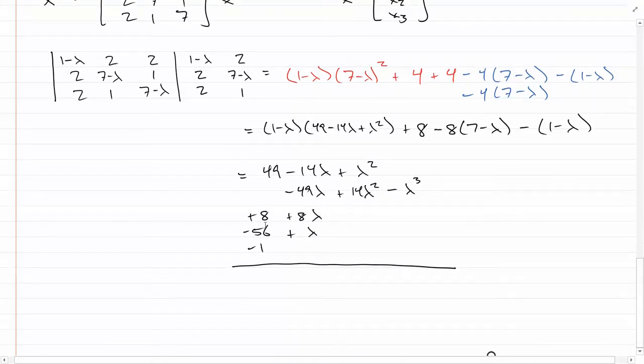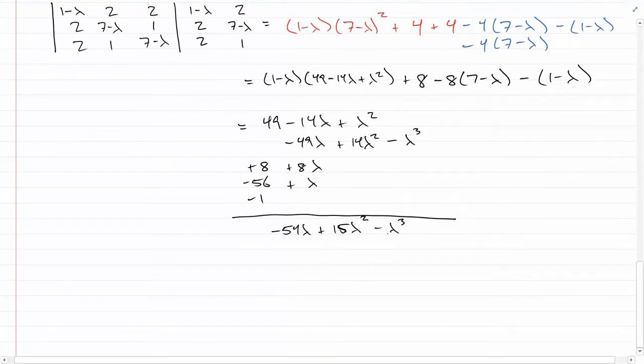Okay, so if you add all that up, what do you get? 49 plus 8 minus 56 minus 1, that all adds up to 0 actually. Okay, and then minus 14 minus 49 plus 8 plus 1, so that would be negative 54 lambda. Then we'd have a plus 15 lambda squared minus lambda cubed. So there's your characteristic polynomial. The eigenvalues are going to be where that's 0. So we have 0 equals